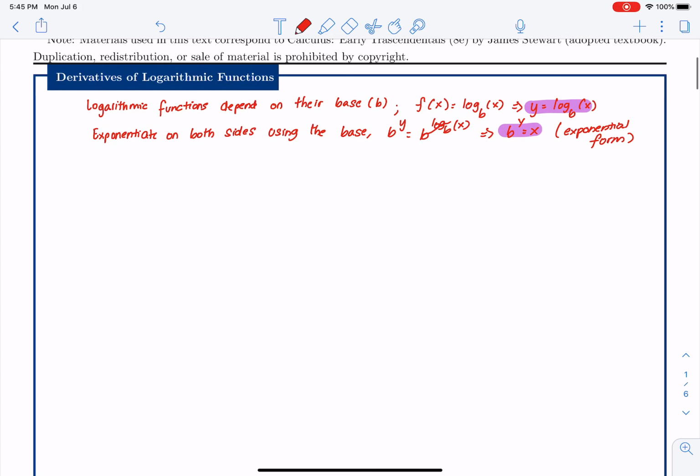Some of the things that we need to know about logarithms, again, there is a video that contains properties of logarithms and how you can manipulate logarithms, but I would reiterate here,